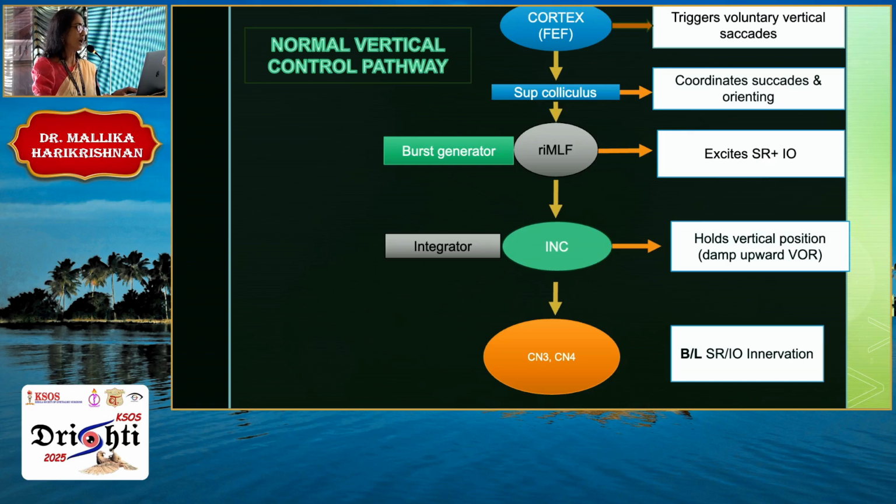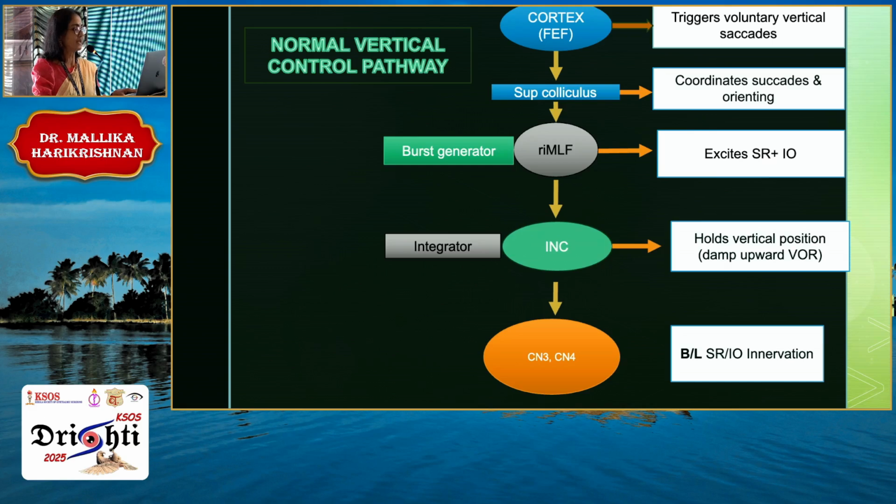So let's see what happens in the normal vertical control pathway. Whenever we have to see an upward moving object, the frontal eye field comes into action. It triggers the voluntary vertical saccades. Then it goes to the superior colliculus, which coordinates the saccades and orienting. The next center is the rostral interstitial MLF that acts as a burst generator, and that will excite the superior rectus and inferior oblique. Next comes the interstitial nucleus of Cajal,